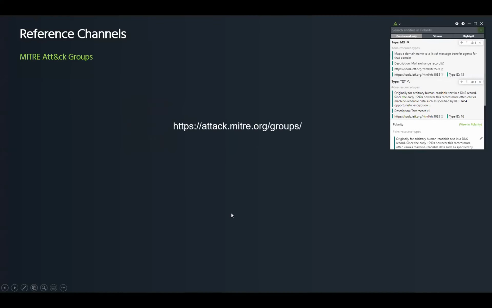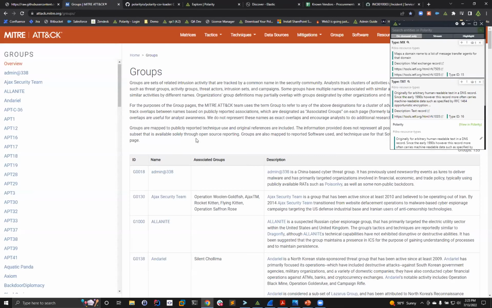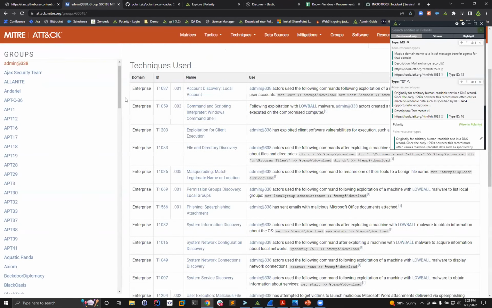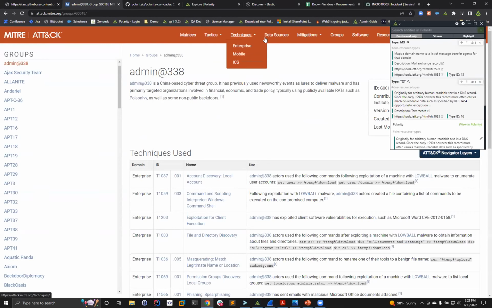And we're going to show one more example here for a reference channel. This is probably my favorite. This is the Mitre ATT&CK group information. So if we go back here, this is the intel data here. And so Mitre has a really nice